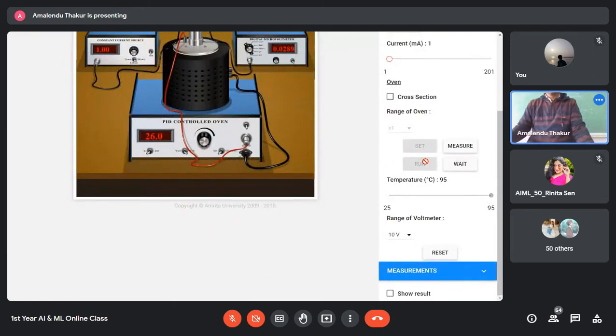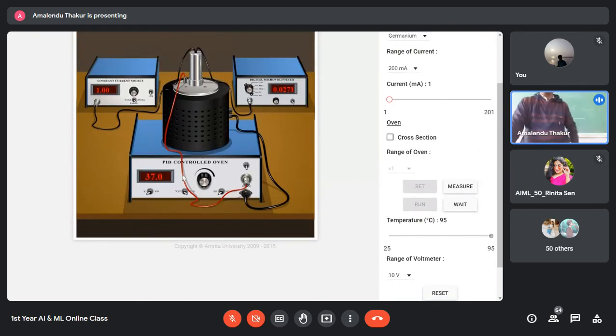Now, look, it is changing. When I set the temperature maximum range, it is changing. Every time the temperature changes, the value of voltage also changes. Here we supply a current of 1 milliampere. This is the constant term. Temperature is automatically changing, and with the change in temperature you have to take the reading of voltage. The voltage changes. This is the thing, nothing else.